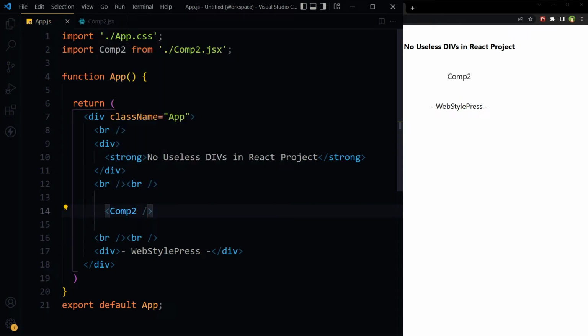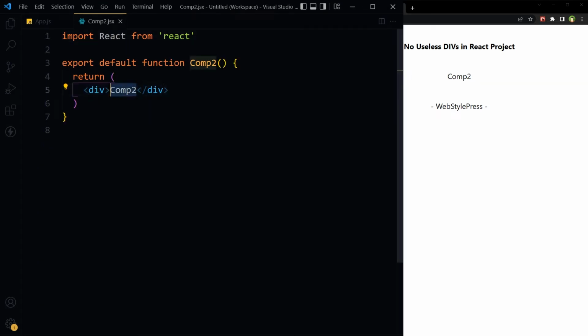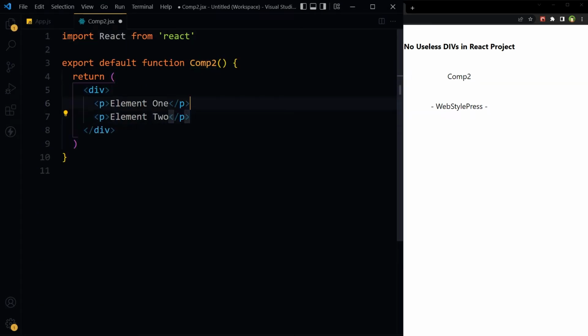And here is that component. Element 1, element 2, save.